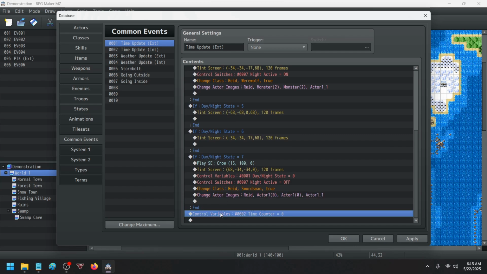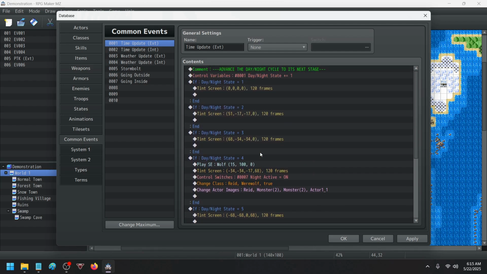Lastly, this event resets the time counter variable, which we will get to shortly. What I have just shown are the exterior versions of the weather update and time update events. There are also interior versions, but before we get to those, let's look at how this whole system is actually managing to keep track of the passage of